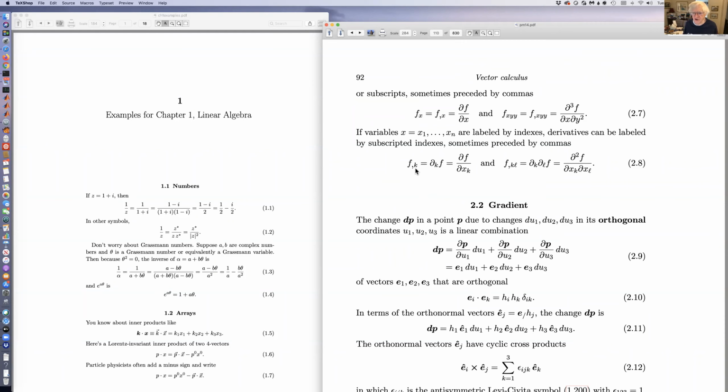Yeah, here it's a different notation. F comma k doesn't mean the kth derivative. It means the derivative with respect to the kth variable. So f sub comma k is the partial k of f, or partial f partial xk. F comma kl is this double partial derivative. I used to be fond of this comma notation, but